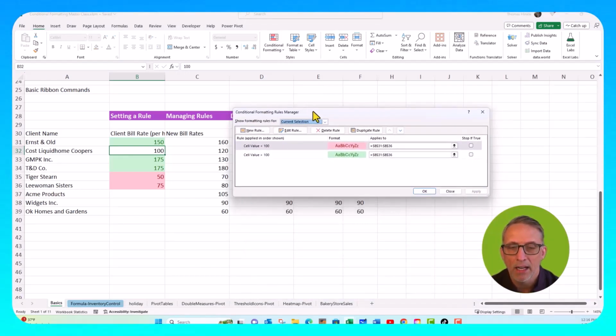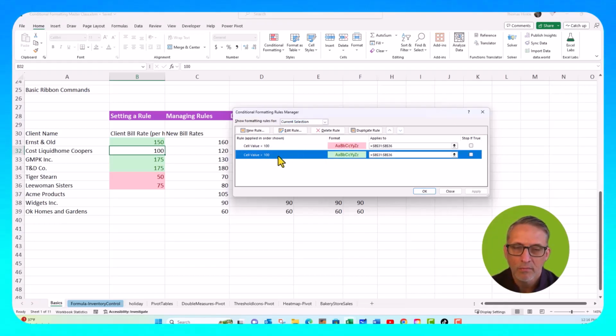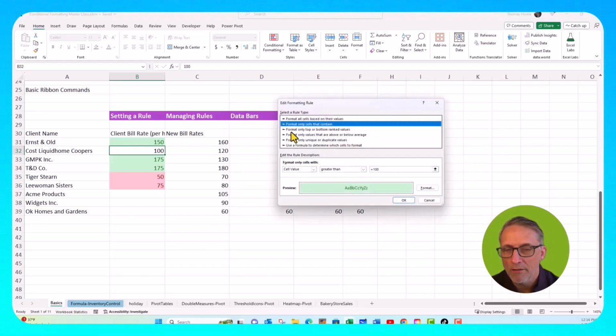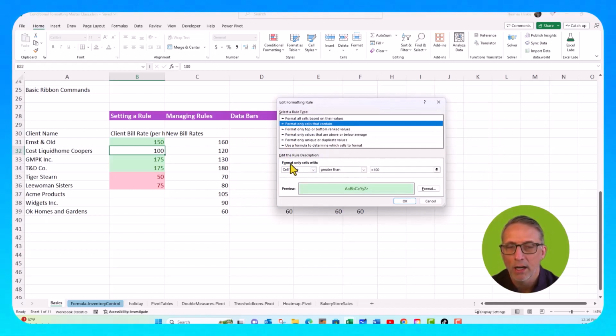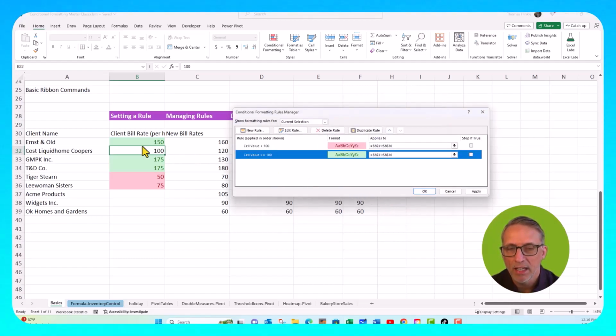So we're going to go down to Manage Rules, which we're going to spend a lot of time in today. And it shows us the rules that we built in the last couple of minutes. We've got the red rule that shows that it's only highlighting things under 100. And then the green rule is only showing things greater than 100. Well, we want to modify that to include 100 as green. So we'll go to Edit Rule. And then down here, it's setting the rule where the cell value is greater than 100. We want to say greater than or equal to 100 and click OK. Now to see it, you actually have to click the Apply button, and then it'll apply and